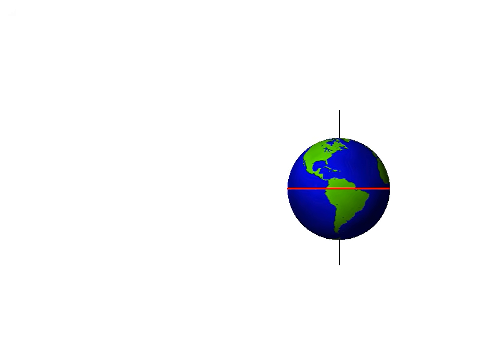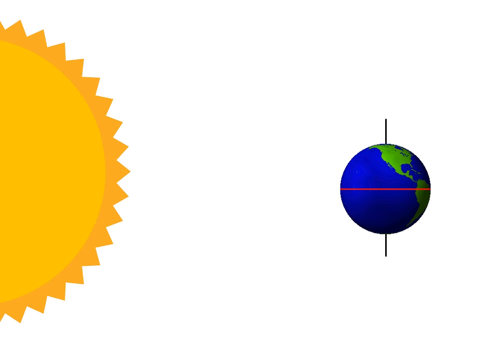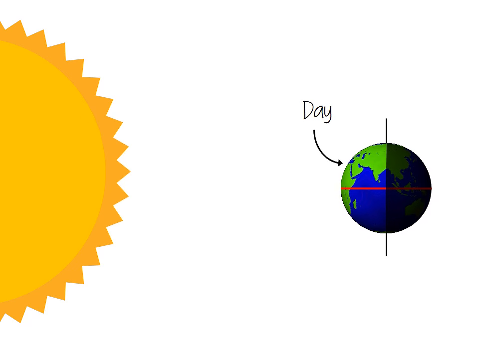Now, let's look and see how the Earth and Sun relate to each other. What causes day and night? Well, the half of Earth that is facing the Sun is illuminated by the Sun's light, and in that half, it's daytime. The half that is facing away from the Sun is in darkness, and it is nighttime in that